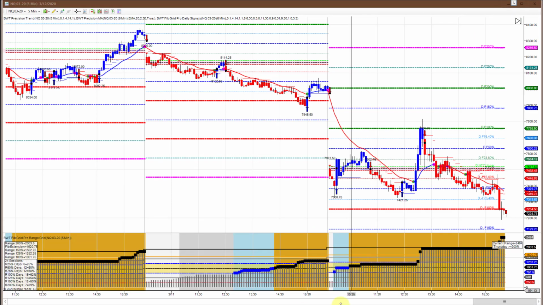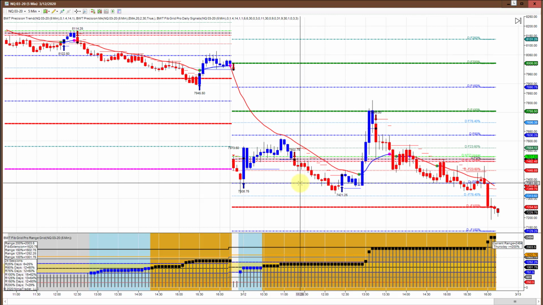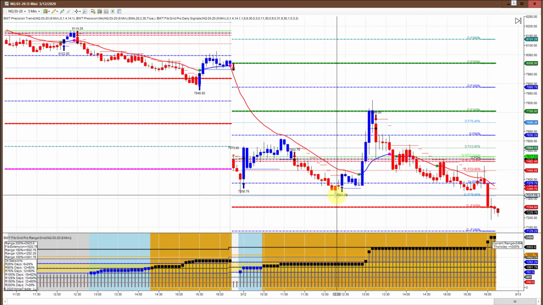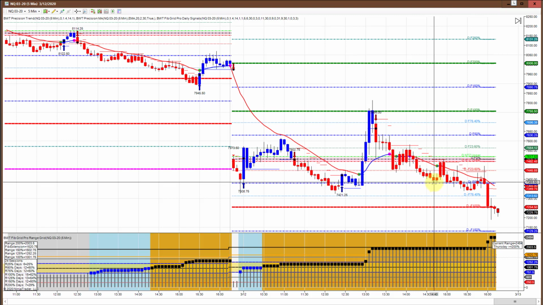So this is the daily FibGrid, just the regular session. So you can see the gap down here, and you can see that that 73.85 level is right about the 50% of the daily range on the FibGrid is 73.81. So that's kind of in line with this first level of support. You can see a little bit of overshoot here, actually almost to the 75, but for all practical purposes, this 50% retracement was pretty good support here in the morning, and then here, and then here, and then